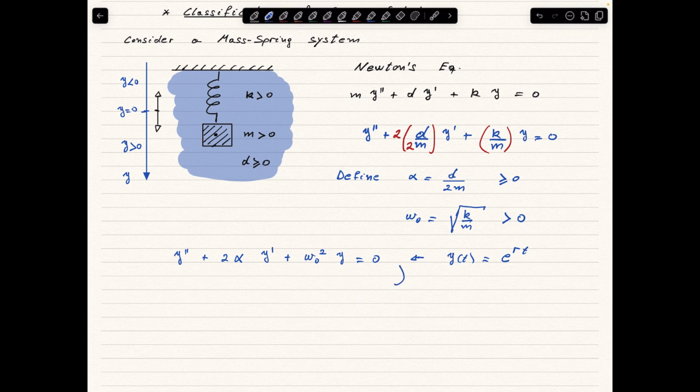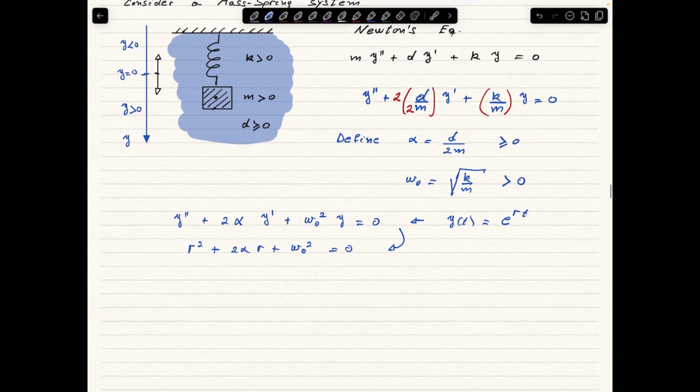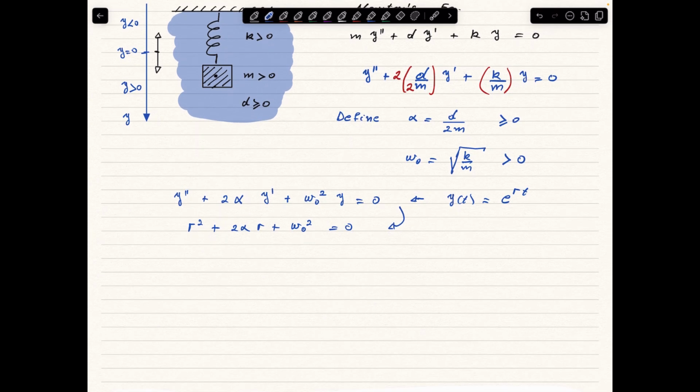That is going to give us an equation for r, which is r squared from the first term plus 2 alpha r plus omega 0 squared, all that equals 0. And then we need to find the roots of that polynomial, so the solutions of this equation for r, and these are going to be r plus minus, equal to, the formula is 1/2, then this coefficient